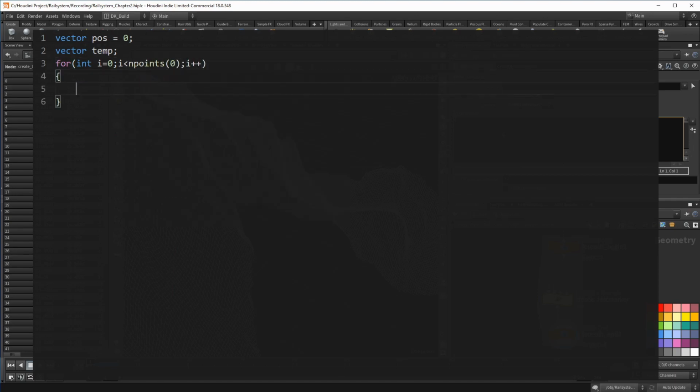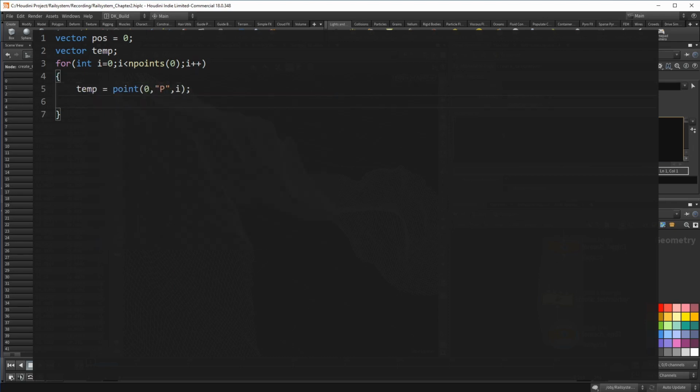This, by the way, is a typical scenario where you should use a wrangle set to detail. A point wrangle in itself is already a loop, but you don't have access to other iterations. On a detail wrangle, you create the loop yourself, which then allows you to do something with the result. Inside of the loop, we grab the point using the counter variable.